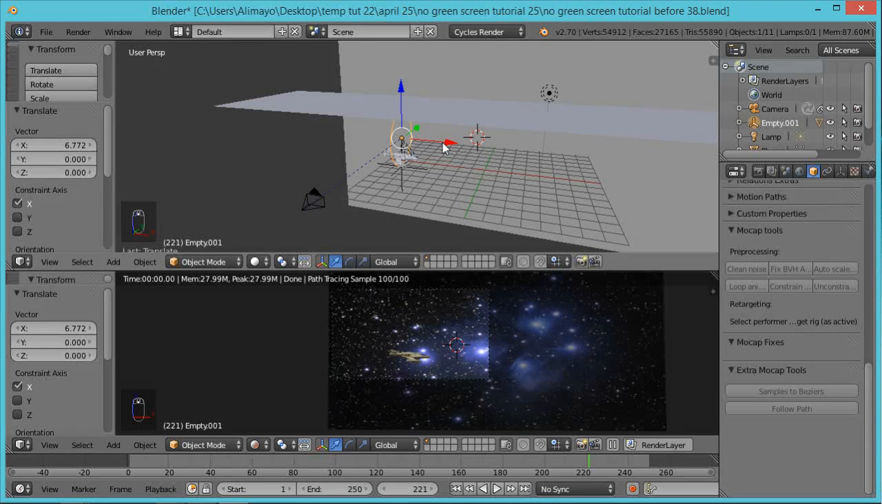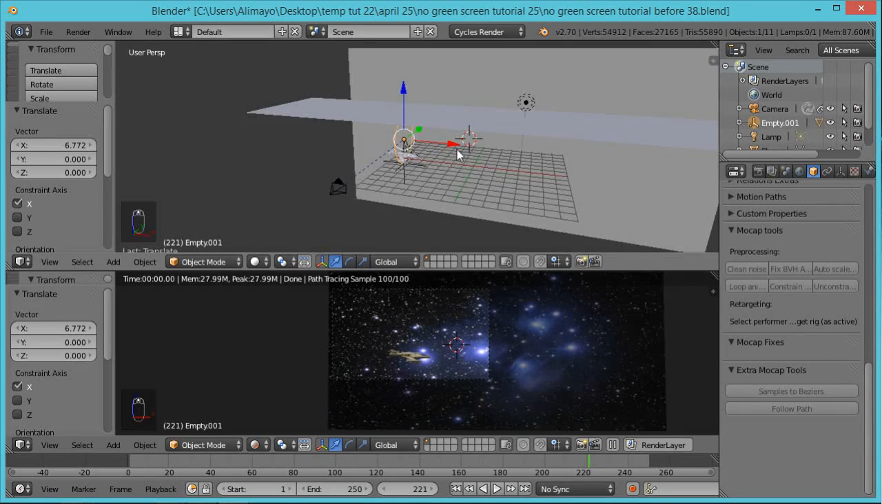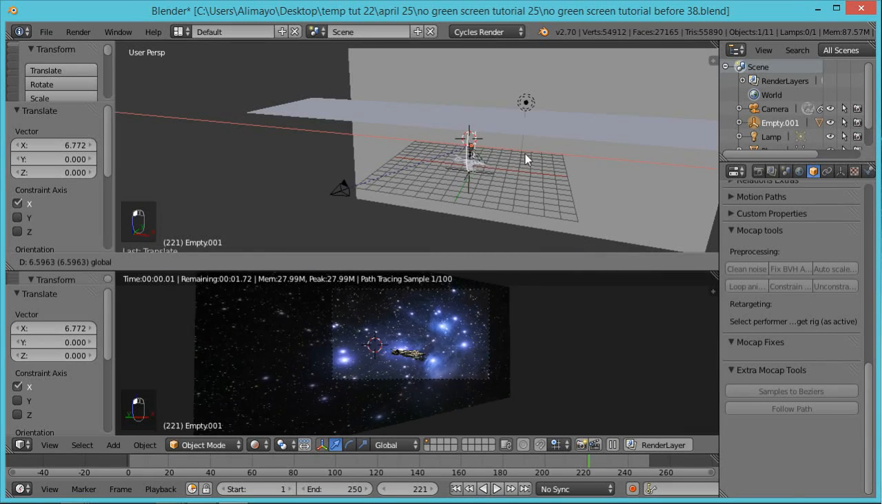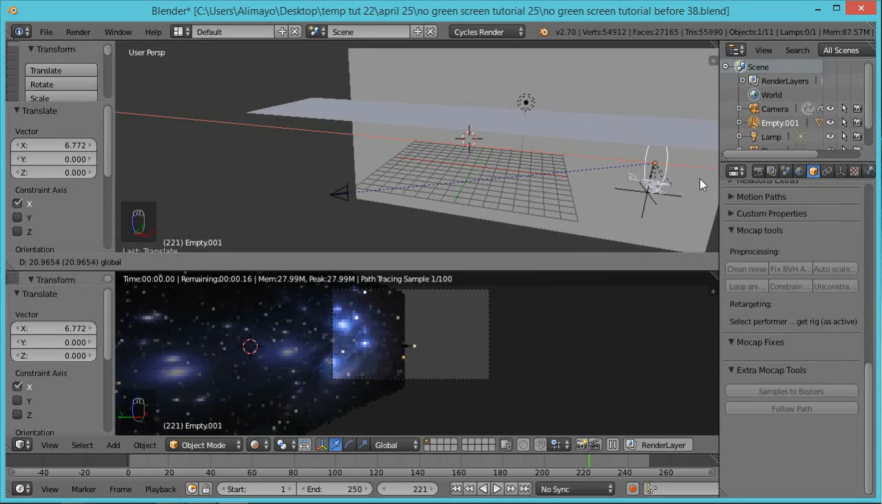So whenever I move it, the ship moves and the image sequence moves. So basically, I'm going to go to where I want the end to be. I have the empty selected. I'm going to grab the manipulator. I'm going to pull this all the way over. Now you can see that in the back there, basically what's going on is